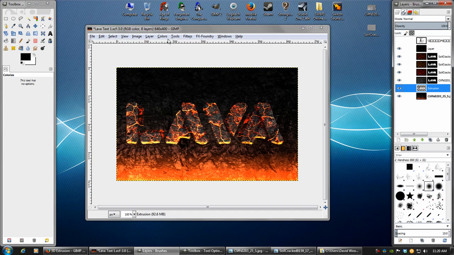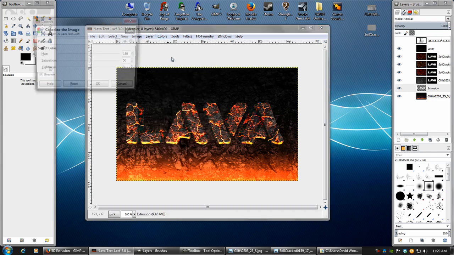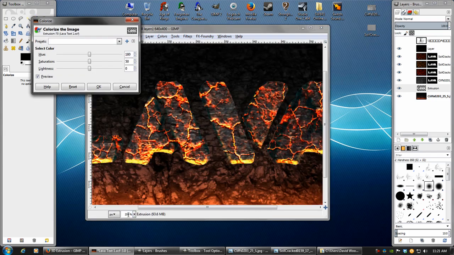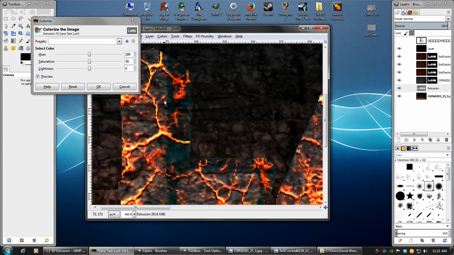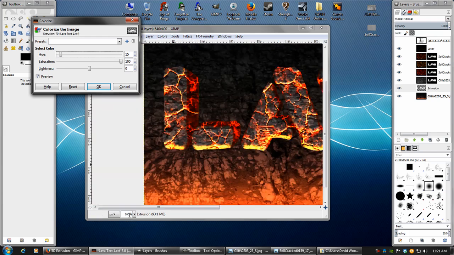And gray is going to be affected by a colorize option. But the face of it, which is white, will not be affected. So if we go to colors, colorize, you can see, if I zoom in here, that it already changed it to kind of a blue. So we'll move the hue over to kind of red, bump up the saturation, and that's really red. So we kind of want to set this in between around like 23 or 24,